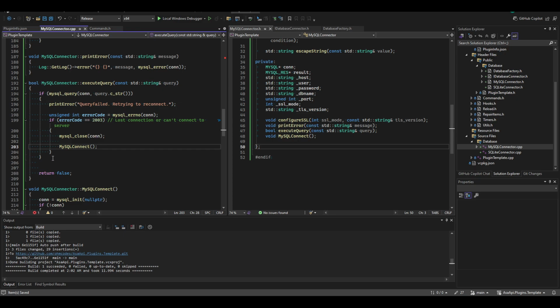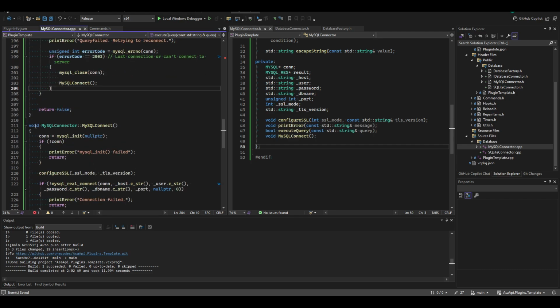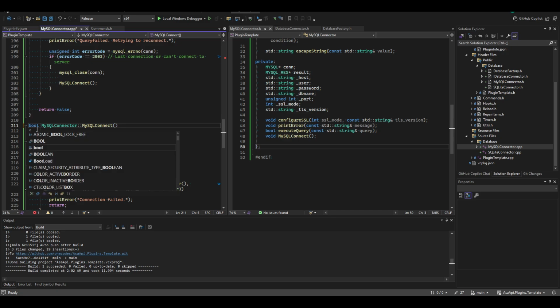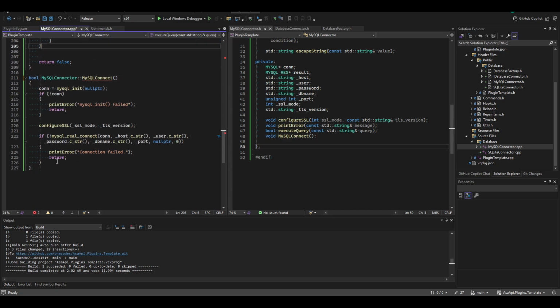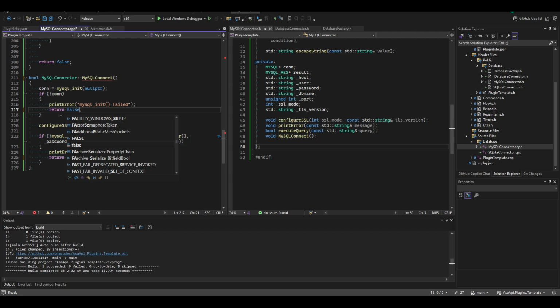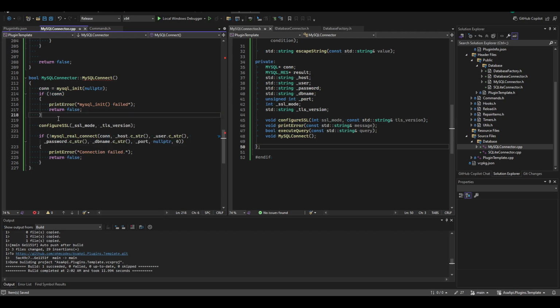And then after MySQL connection, if it's a return false, maybe we need to pull this one, because we have return false here. Connection failed, return false. Because if you just return false from here,